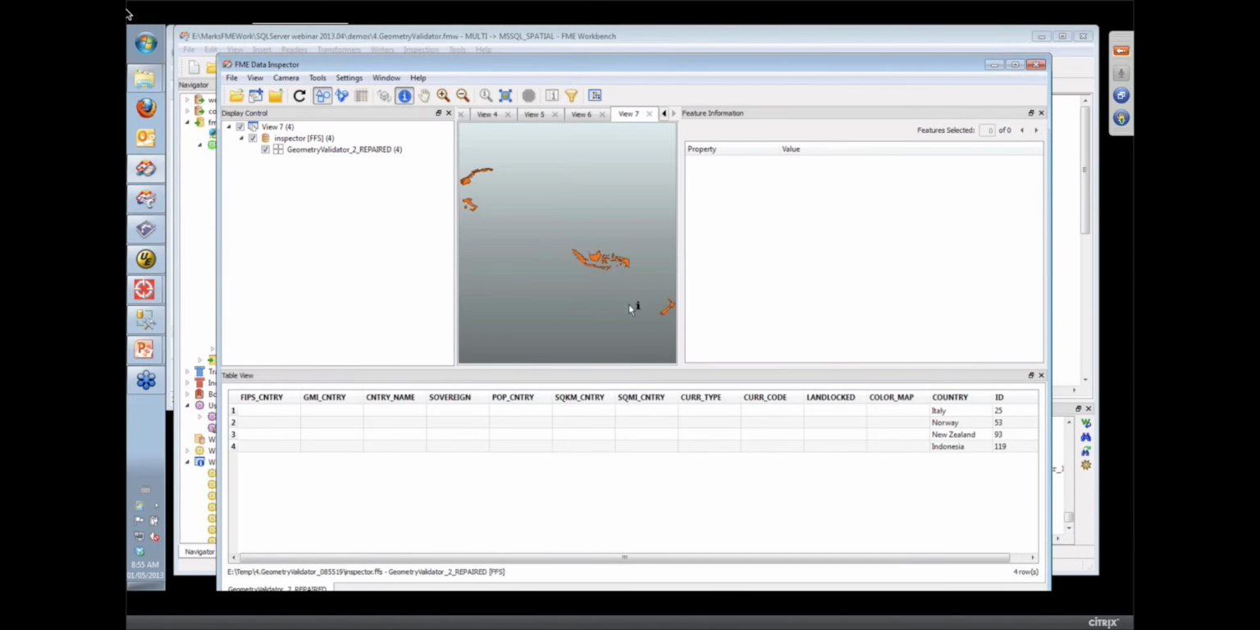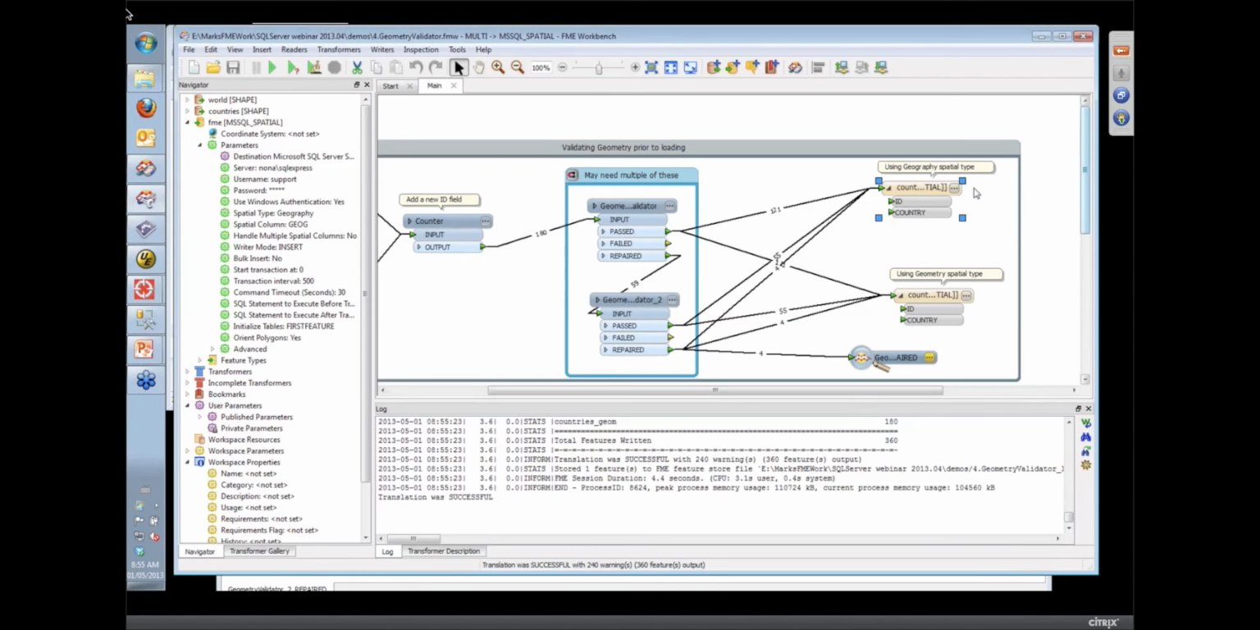So I still have some countries that have some problems, and interestingly enough, they turn out to be Italy and Norway and Indonesia and New Zealand. It's hard to believe New Zealand could have problems with its boundaries. But you'll notice how 54 features came out of that repaired port, and once I validated them again, it still